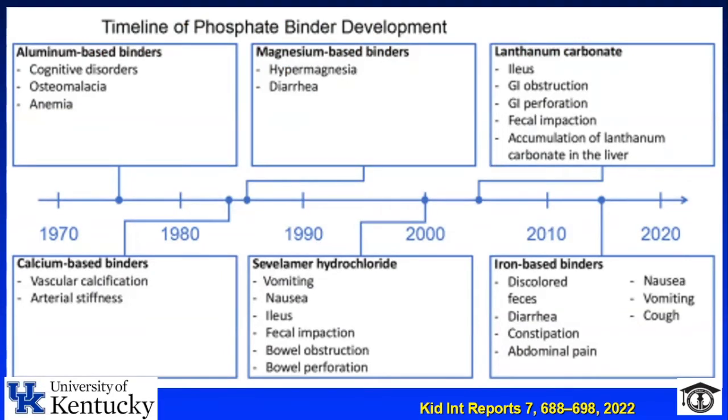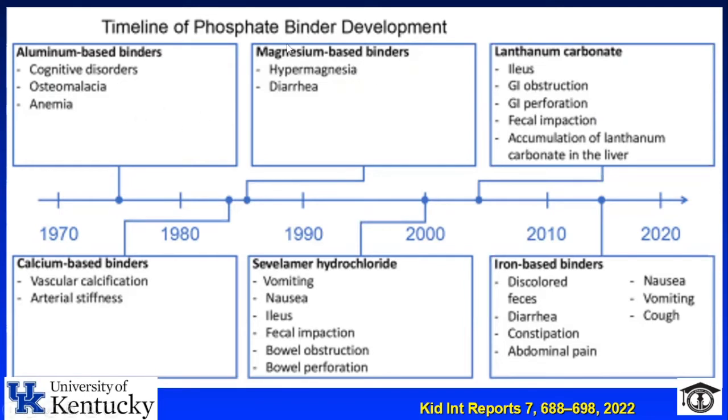The problem with these phosphate binders is that they are not free of side effects. If we talk about aluminum-based phosphate binders, they can induce aluminum intoxication, and now we're trying to avoid them, especially in third world countries where we found significant aluminum staining in bone tissue, and we'll talk about this in the future. But anyway, aluminum intoxication can cause cognitive dysfunction, osteomalacia and adynamic bone disease, and can cause intractable anemia, okay?